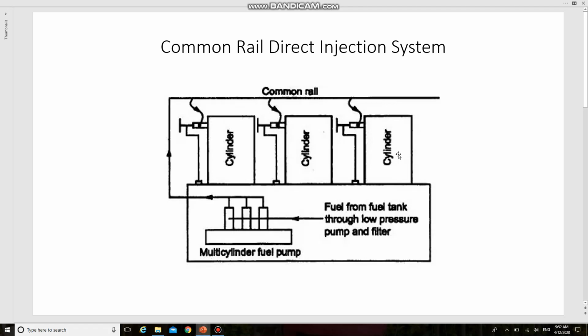The injectors use a needle and seat type valve to control the fuel flow. The fuel pressure is fed to both the top and bottom of the needle valve. The pressure on the bottom will push the needle off its seat by bleeding some of the pressure from the top. Thus, the fuel will flow through the nozzle holes. So this is the construction and working.